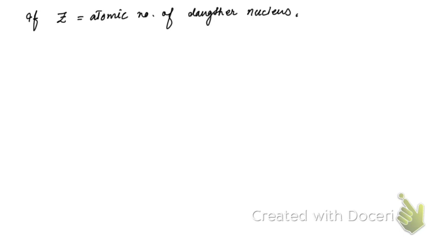Now suppose this is the daughter nucleus Y, and this is the parent nucleus X, and the atomic number of the daughter nucleus is Z, and its mass number is suppose A. In both cases, the mass number is A. So let us suppose its atomic number is Z plus 1 for the parent nucleus. So this is a positron and a neutrino. Okay. Now you see, in this case,